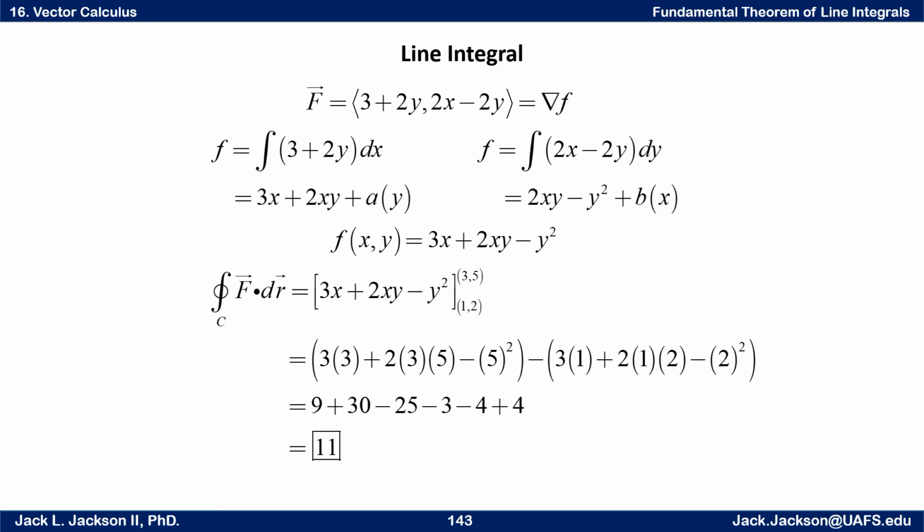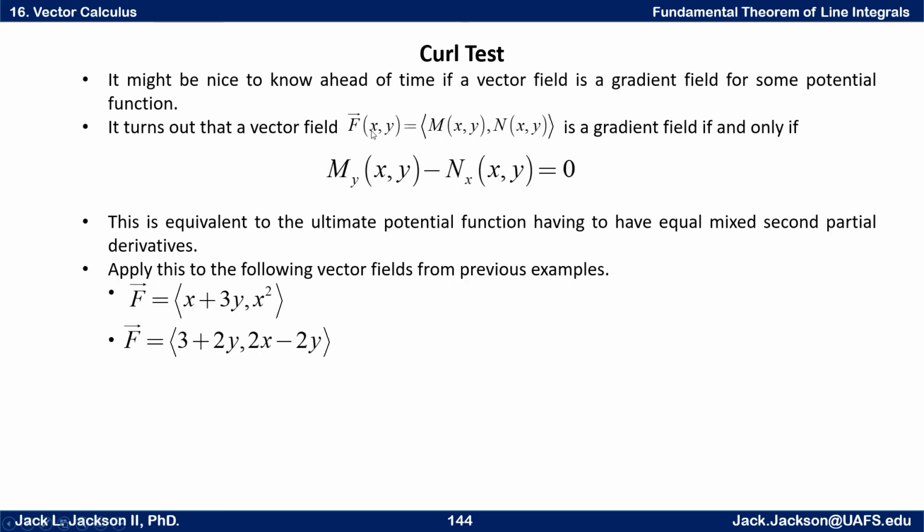But if you can get them to work out this way, you do get a potential function, and you have what you need to go ahead and apply the fundamental theorem. Now, it'd be nice if we had a little test to know, before we went to this trouble of trying to find the potential function, whether it's going to have one or not, and there is a way to do that. If you think of f as a function with two components, we'll call them m and n, and you take the first one, the derivative with respect to y, minus the second one, the derivative with respect to x, if that is 0,